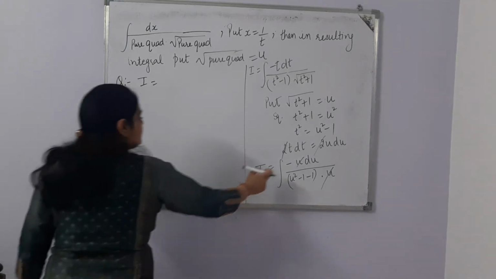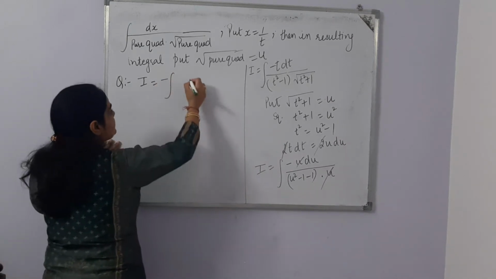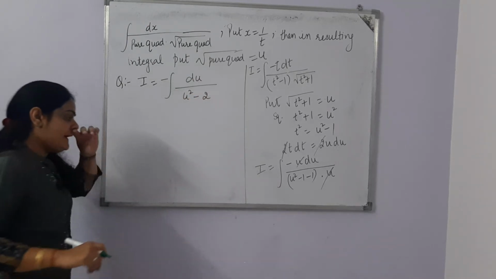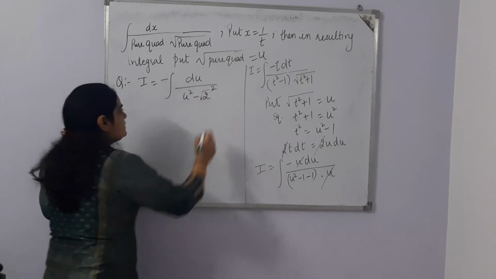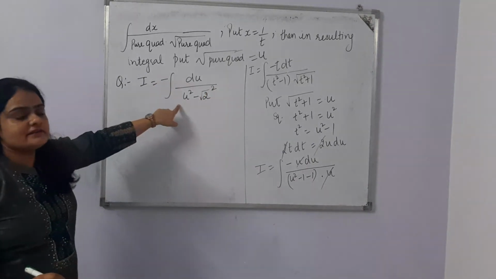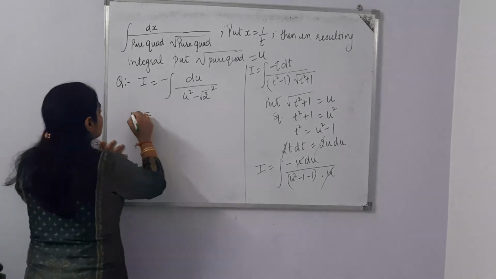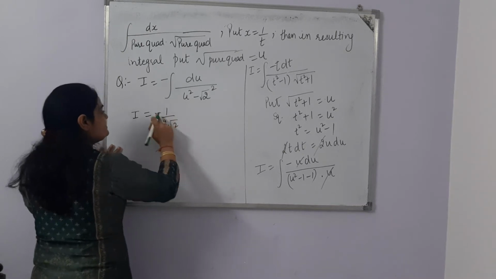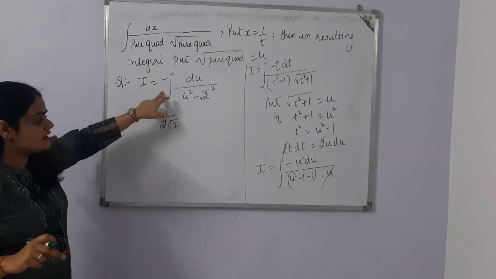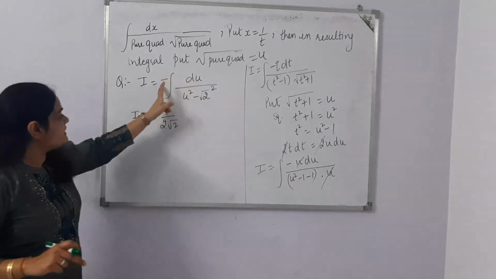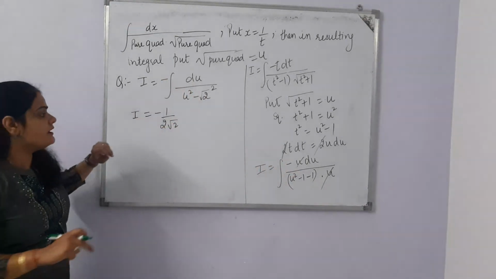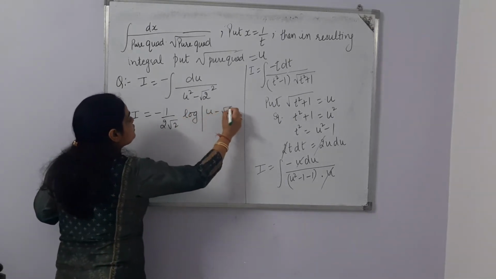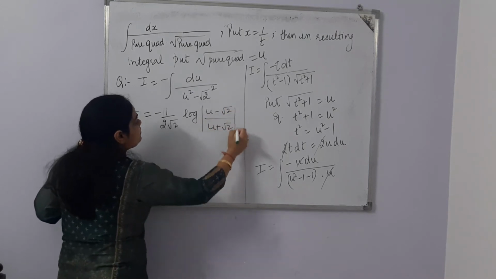Now we have, can we take this negative sign out? Because this is constant, du upon u square minus 2. Can I write 2 as under root 2 square? Because now the formula is applicable: 1 upon x square minus a square. Its integration formula is 1 by 2a. This negative sign was there, so I am writing the negative sign as it is. So now I am applying the formula 1 upon 2a. a is under root 2, log of u minus root 2 upon u plus root 2, plus c.